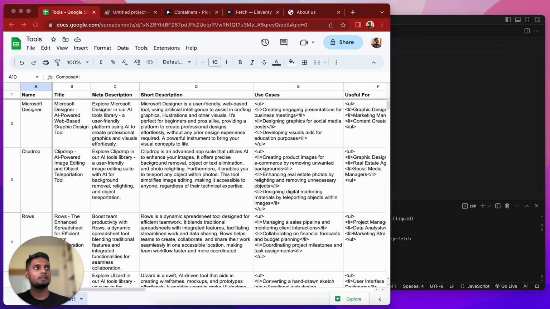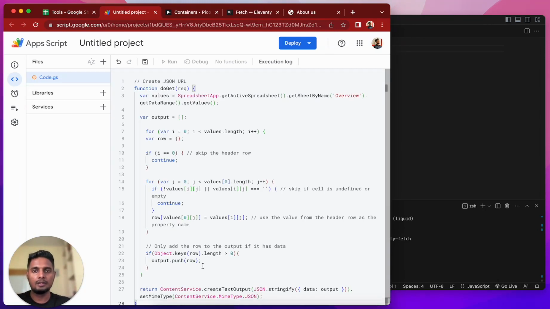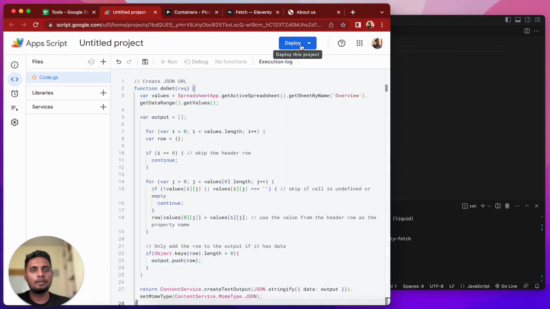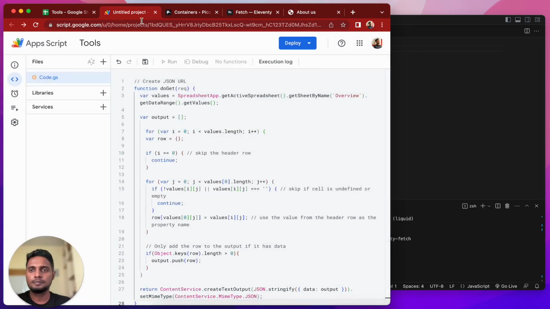So I'll just copy the script from here, delete all the existing code and paste it here. What this script does is it converts all the columns and rows into JSON, and then you can deploy it as a URL, and then you can access the URL inside your Eleventy project. So let me name it just tools